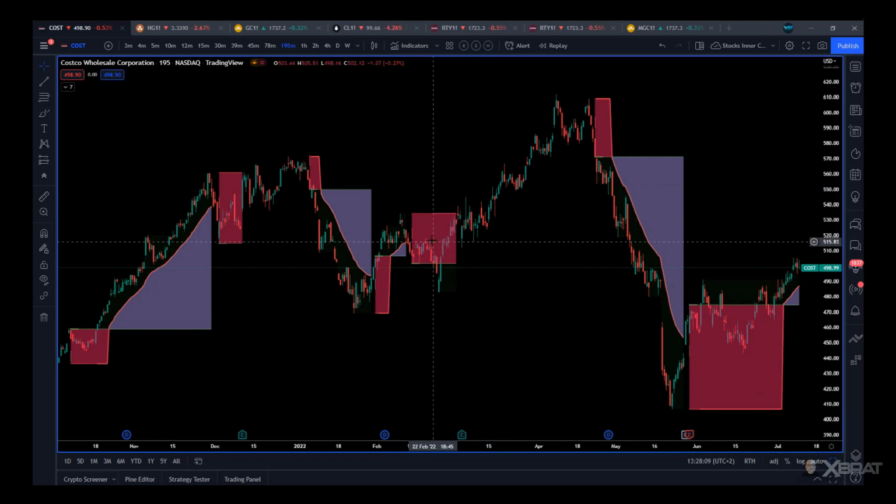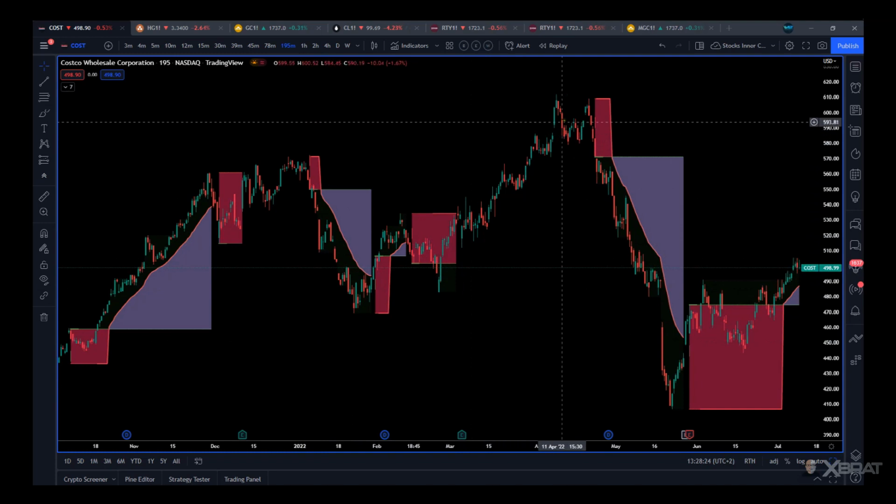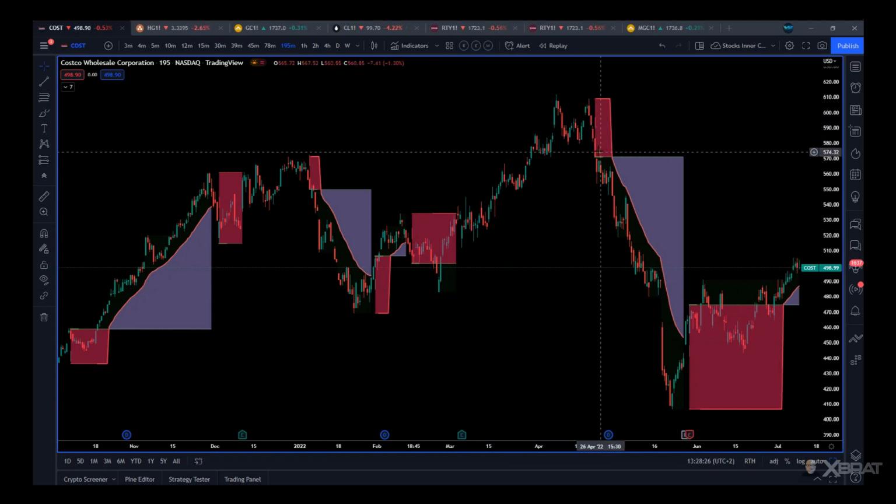Another thing to consider when you are trading, if you're in a position, make it risk-free going into earnings, just in case it goes against you. In this case, we were looking for a short, got good earnings, and it went up again. But then we didn't get the long trade. Don't always get them. Then we got a short signal at this point here in April 2022, took us in